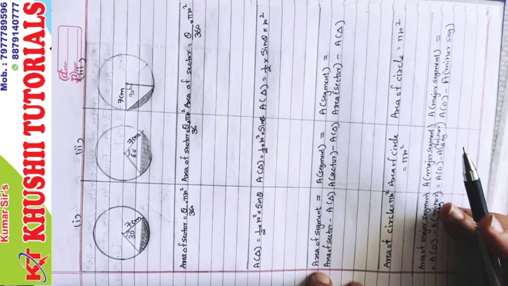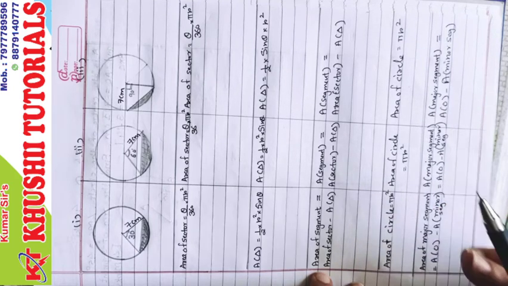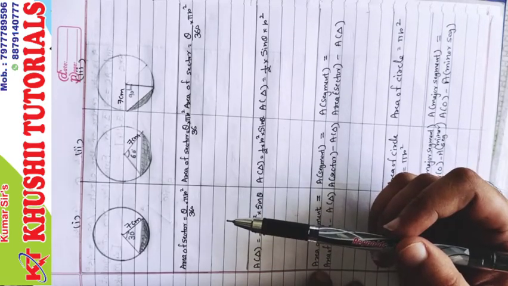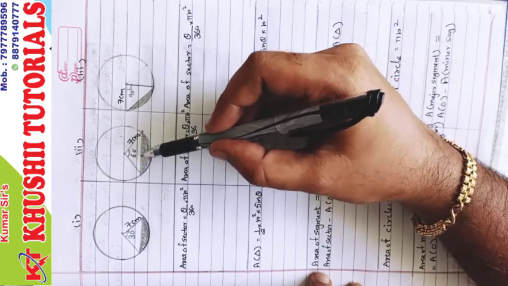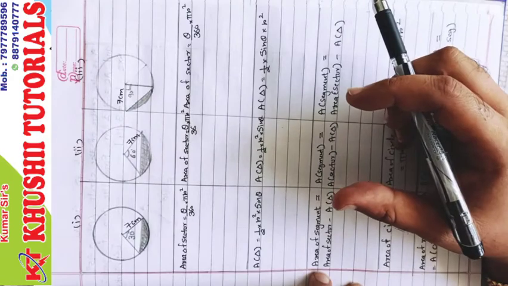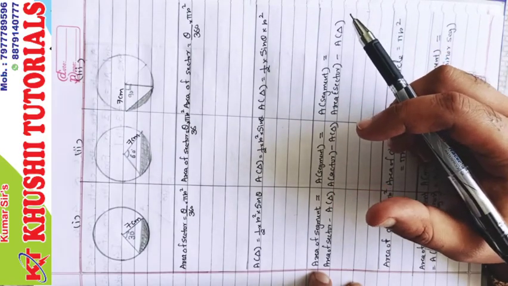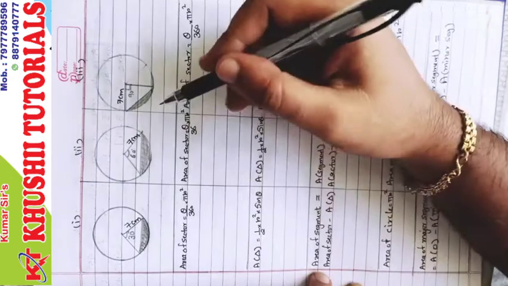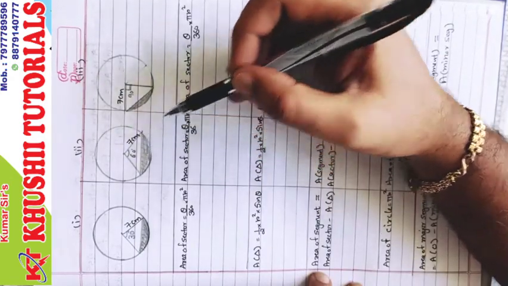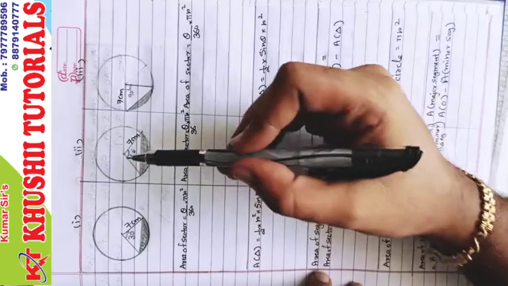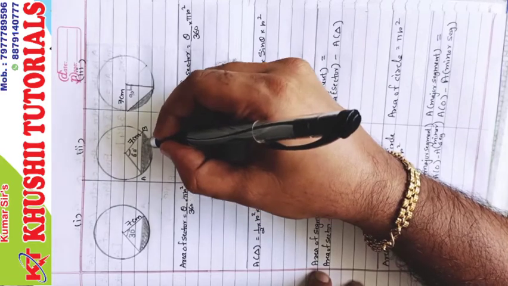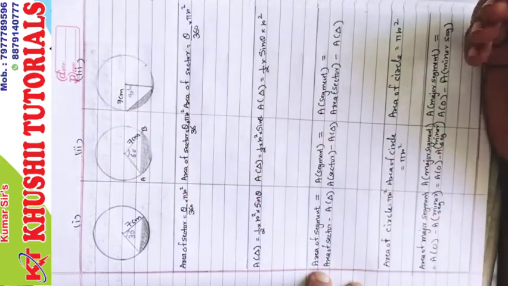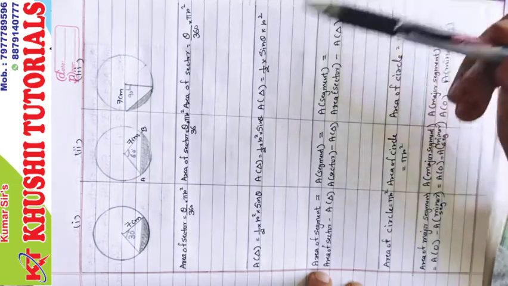Activity for exercise 7.4. In exercise 7.4, first we need to learn what we mean by segment. Generally we know a segment is a fixed line segment whose length is predetermined. But here it is the area of a segment. The segment is the region of the circle which is divided by a chord. For example, this segment, let me name it AB. AB is a chord, and chord AB has divided the circle into two areas.